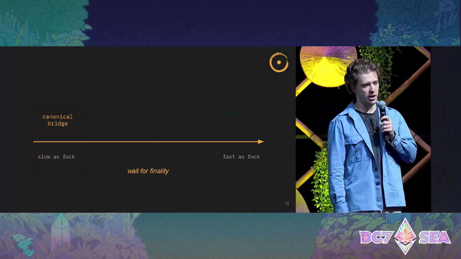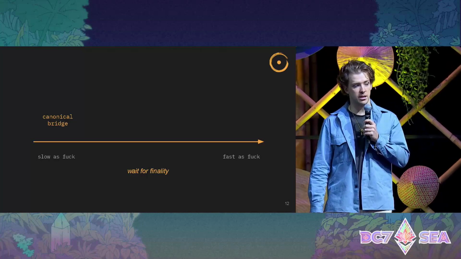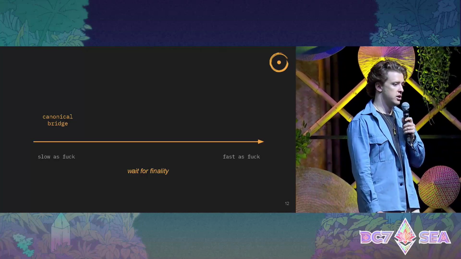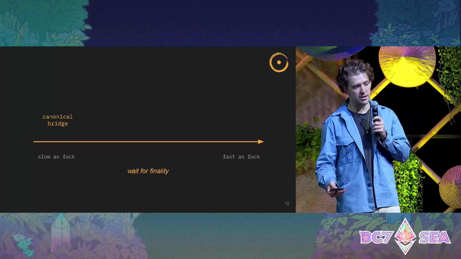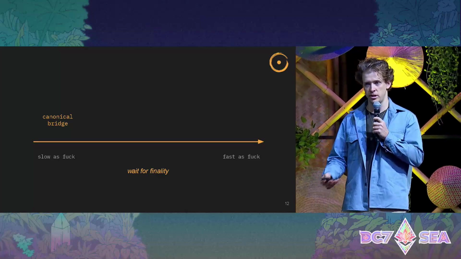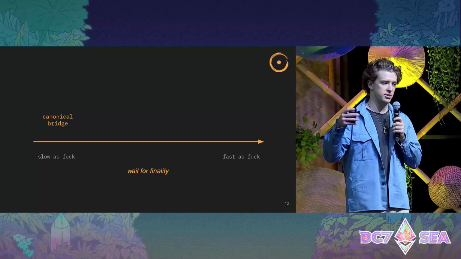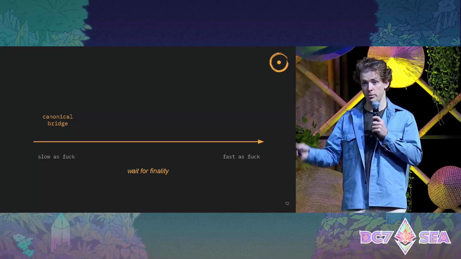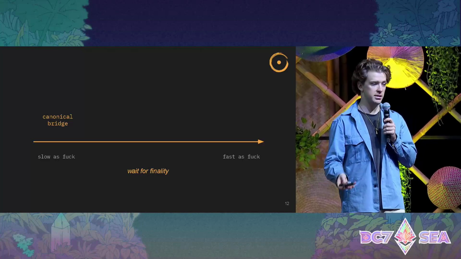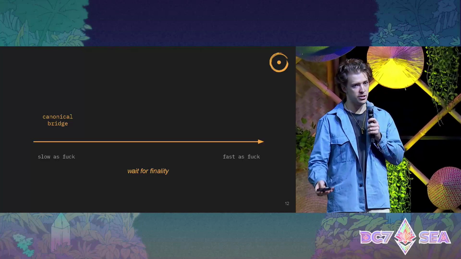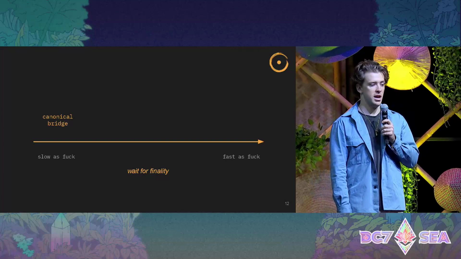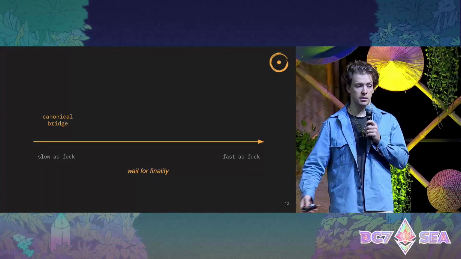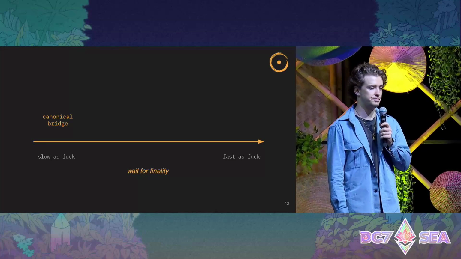We can explore how intents and resource intents compare to some of the other interop approaches and their trade-offs. So a canonical bridge: this is how you pass a message between two L2s in the most secure way possible. You have to start the message on the first L2, send it through the fraud-proof mechanism, wait 7 days, and then pass it up through the canonical bridge on the other L2 for messaging. And the core thing you have to wait for here is full finality over the message passing, which is why it takes up to 7 days for optimistic rollups.